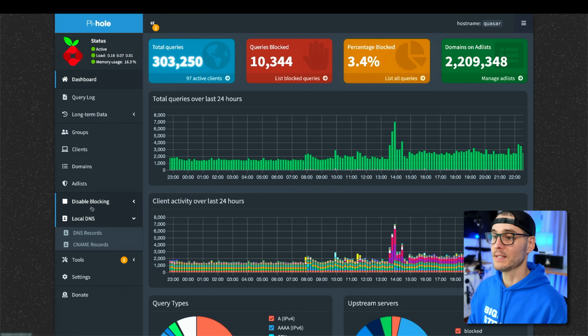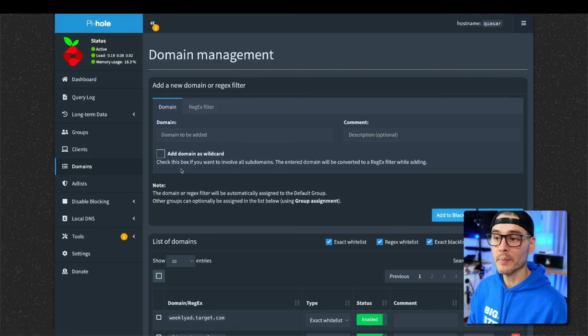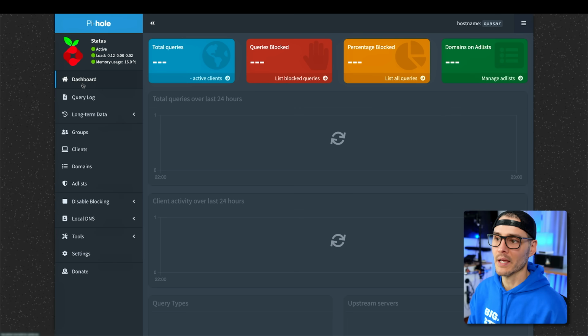Now, I know that there are better things out there, but I like Pi-hole, and it works really good. It gives me an easy way to disable stuff, an easy way to see which domains are being used, an easy way to block domains, get ad lists. I get a lot of stuff, and it works really, really good. So I don't see a reason to change. I kind of want to keep things semi-simple at home because I'm a person of one. So Pi-hole is just that for me. It works great. I can't complain.